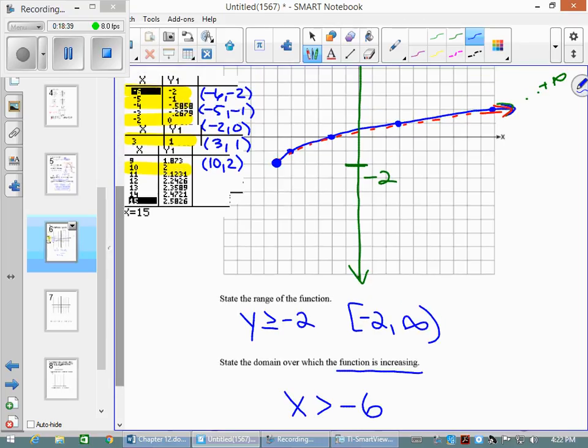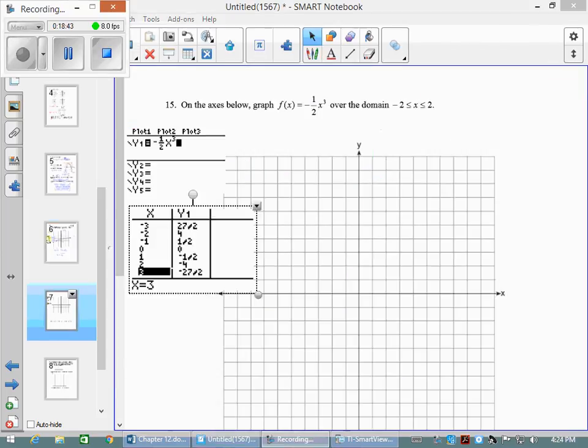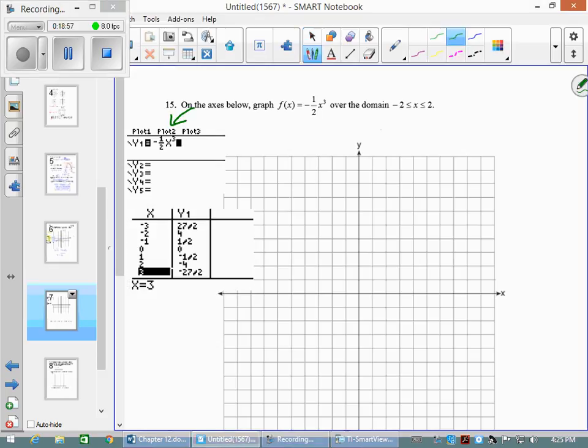So number 15, they want us to graph the function -1/2 x to the third over the domain of -2 to 2. So the first thing I did is go into my calculator and plugged my function into my y equals. Make sure that you have that negative there out in front of you. And so now they only want us to graph it over the domain of -2 to 2. So if I look at my table of values, I only want to graph these